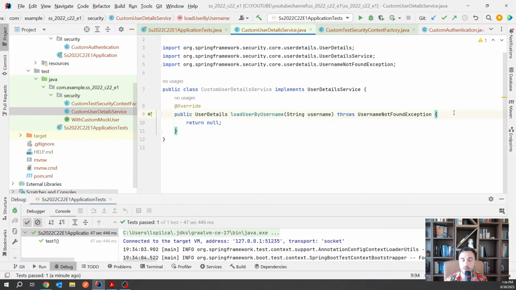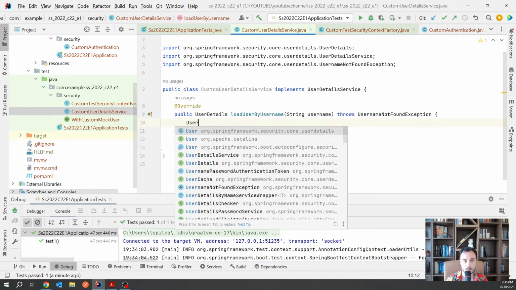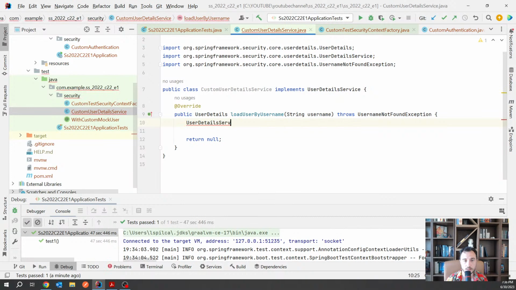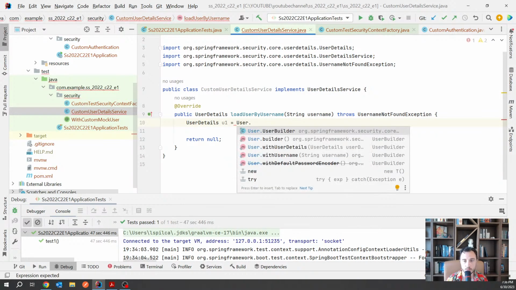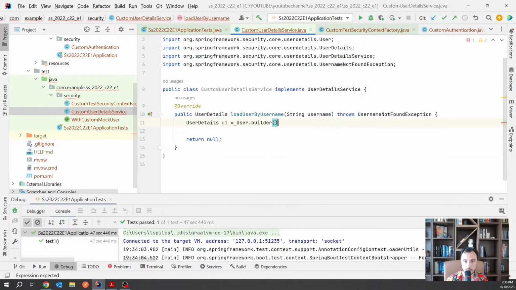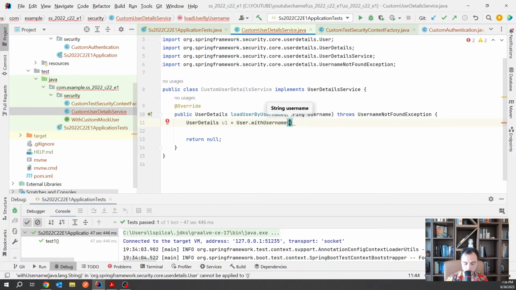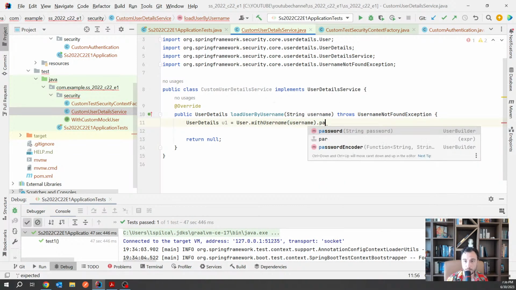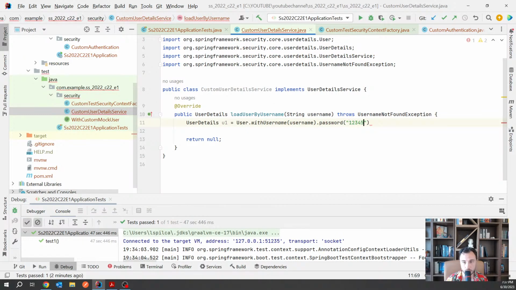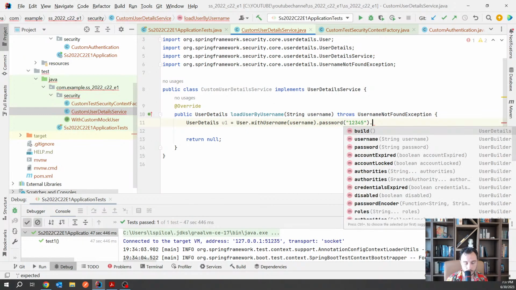So you can just say something like this: user details u1 is user with username, some password, some whatever you need here,